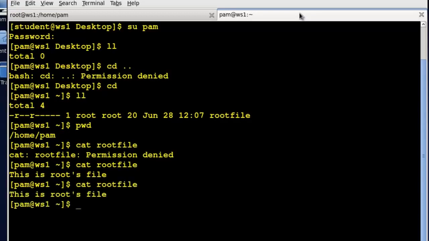Now this really comes into play when we're dealing with ownership, group ownership of, let's say, a sales folder or an HR folder. When Pam is a member of that group, and